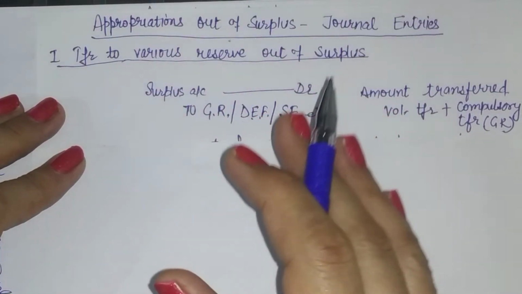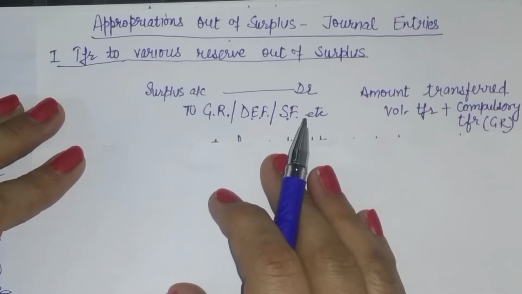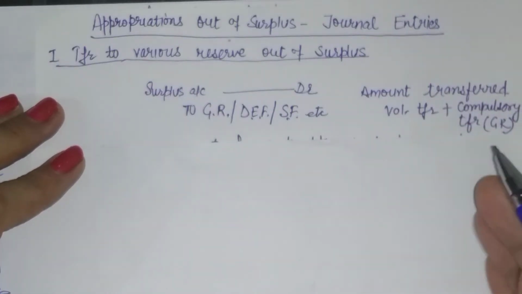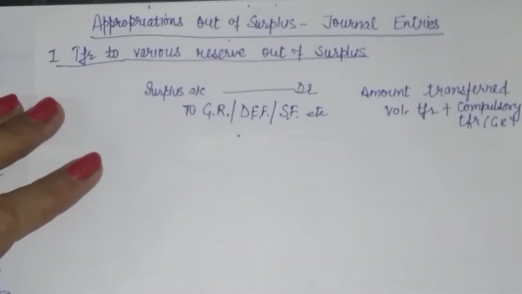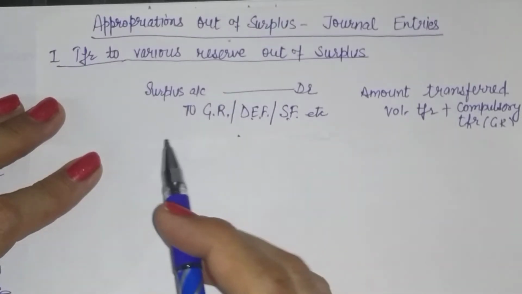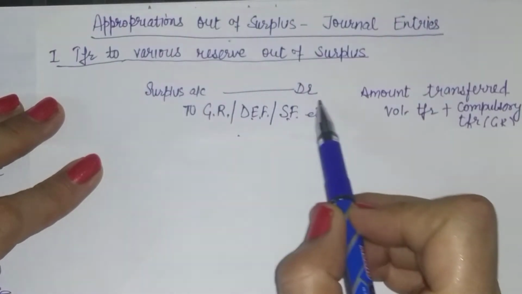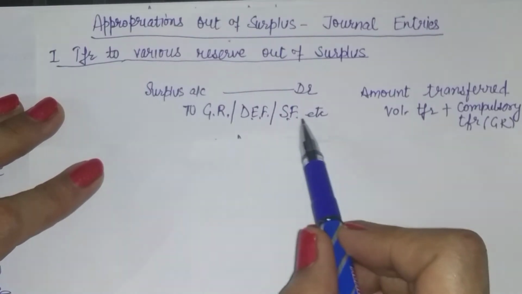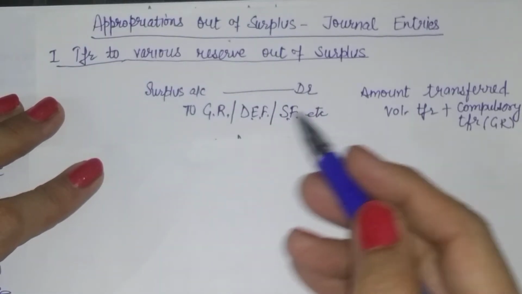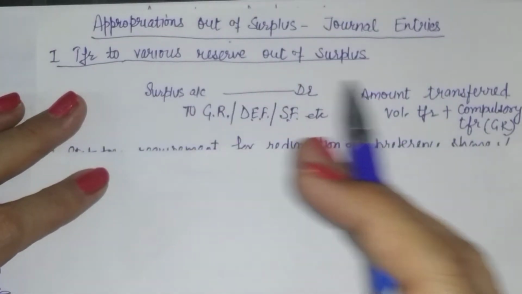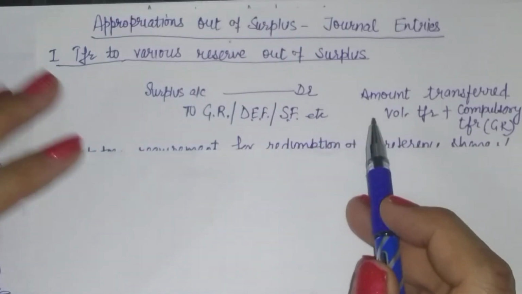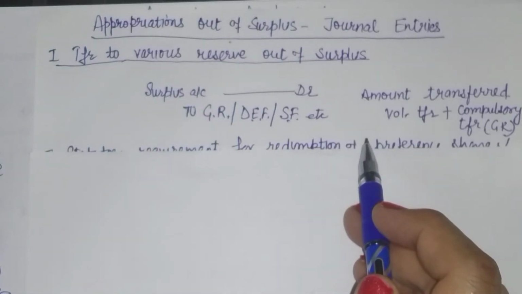Like when you have calculated surplus, that is your income statement is ready, then you start with the adjustments. So if a part of your surplus is to be transferred to any of the reserves, say general reserve or dividend equalization fund, etc., the effect will be that your balance in surplus is going to be reduced. So your surplus account will be debited and the reserves which are being created, which are being added to, they will be credited. So any amount of profit that we add to reserves is credited and any amount which we draw out of the account is debited.